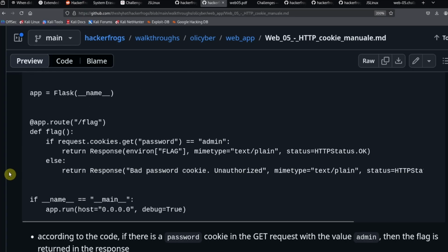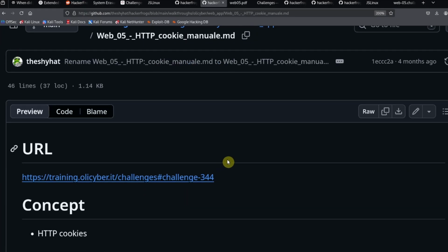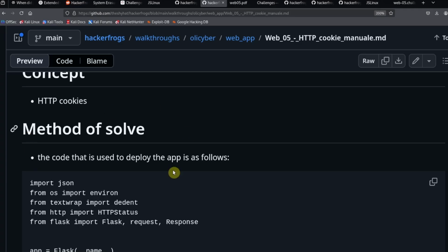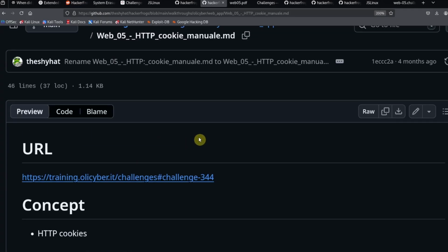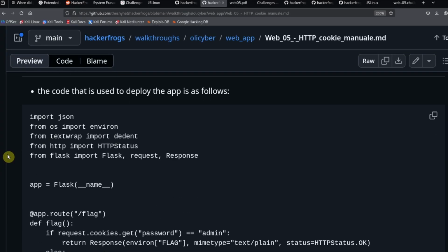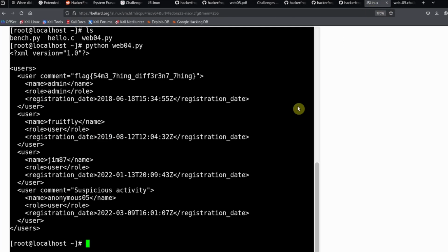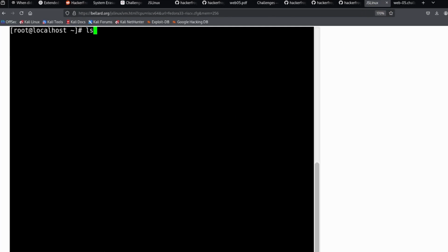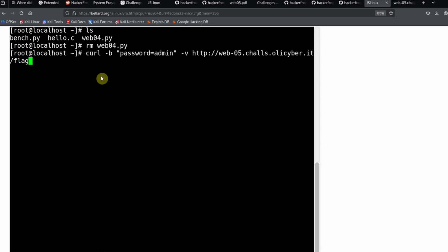And if you're wondering which website we're using to look at the code and to talk about the method of solving it, this website will be in the video description. Okay, so we got the command. We're going to go over to our JS Linux console, and we're going to paste in our curl command. So curl -b password equals admin in verbose mode to this website over here. When we run the command,